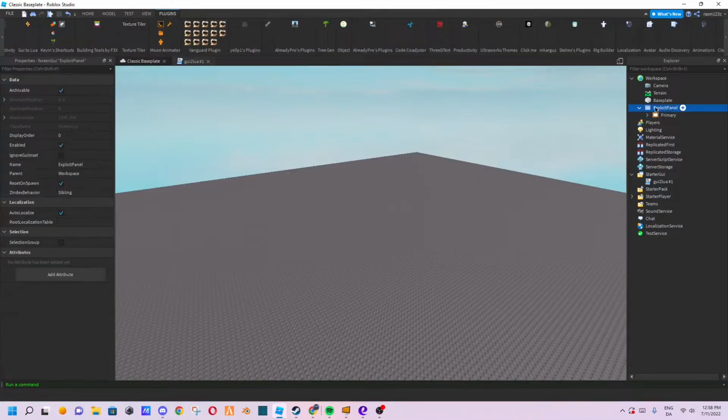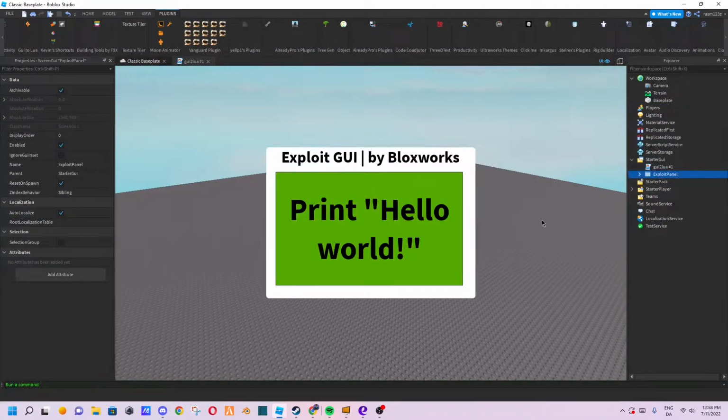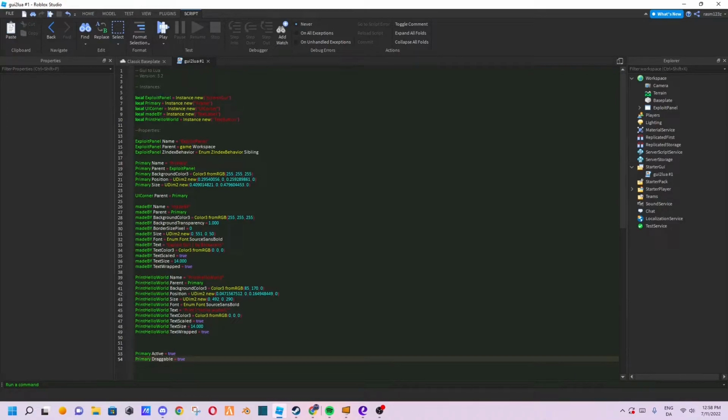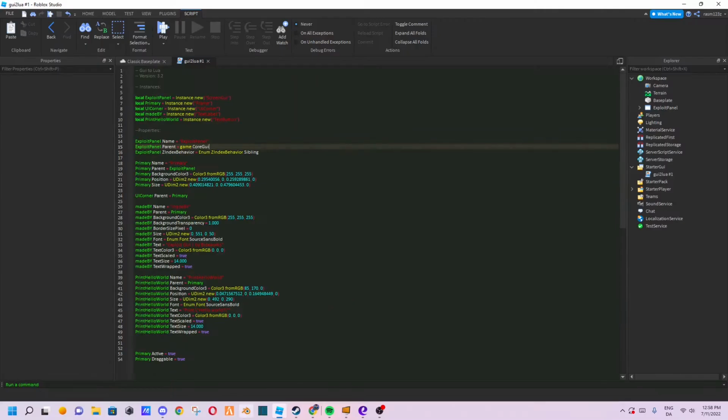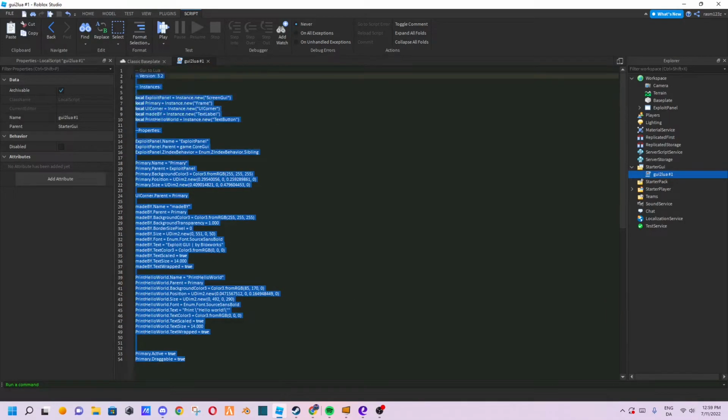So what you can do here, local exploit panel, set this to the game.core GUI. Okay, super important. And this is just the player's GUI. So once you've set the exploit panel.parent and game.core GUI, okay, so once you have converted all this,